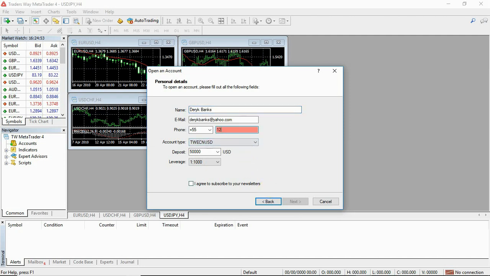And then I'm just going to put in some random numbers there. We're going to say a deposit. We can leave it at 50,000, or you can change it to whatever number you want. If it's closer, I'd rather have you have it closer to what you're going to deposit. It looks like the lowest amount is 3,000, so I'll go with that. They do give you your leverage options. You can actually select 1 to 50 on this one, which is great because that is the leverage,